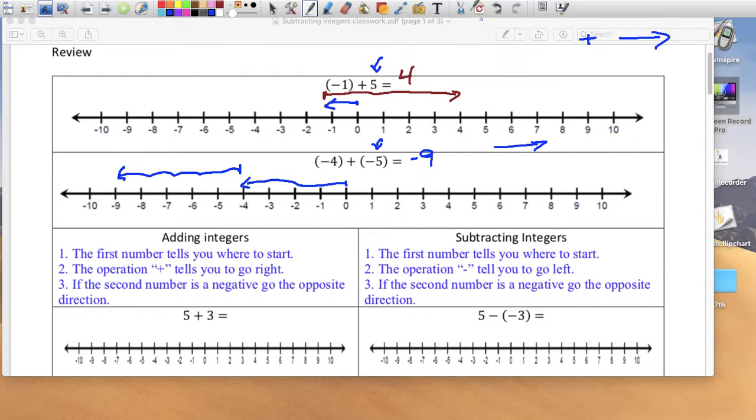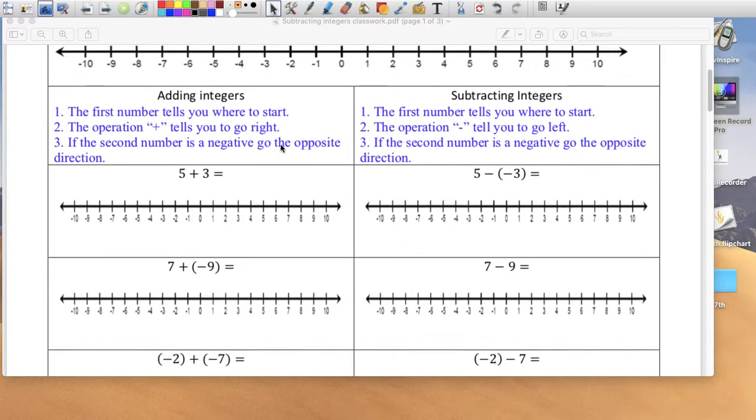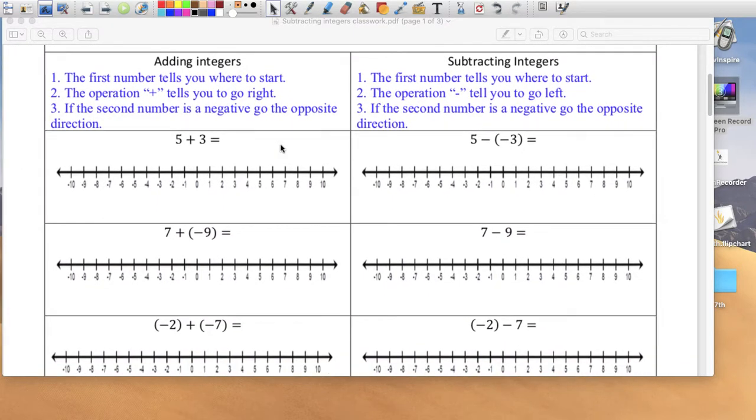Okay. So we're going to do side-by-side problems, and maybe now you can understand why subtracting is the same thing as adding the additive inverse. We'll do it together, side by side. So 5 plus 3. Here's my 5. Plus means go right, a la derecha, plus 3,